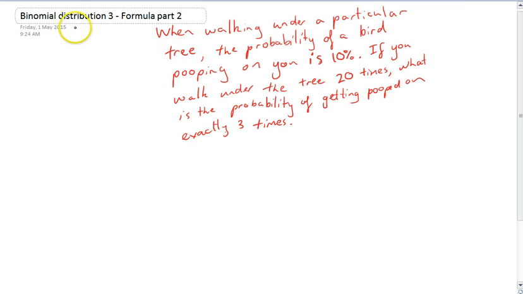Okay, so we're looking at the binomial distribution again. We're using our formula for a second time. Now, I've been really careful here not to write you a question with dice, coins, or cards. The binomial distribution is so much more than that. Anytime there's a number of trials where there is either success or failure, we've got a binomial distribution.